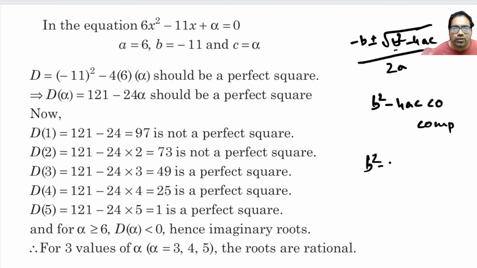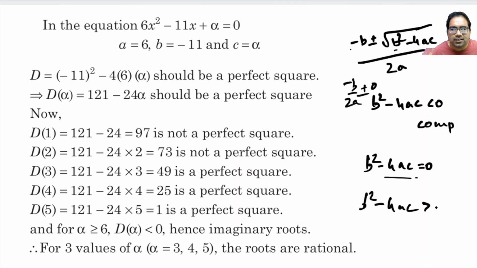If b² − 4ac is equal to 0, then what will that become? Minus b plus or minus 0 by 2a. That means minus b by 2a plus or minus 0, so both roots are the same, both equal to minus b by 2a. Now, if b² − 4ac is greater than 0 but not a perfect square,